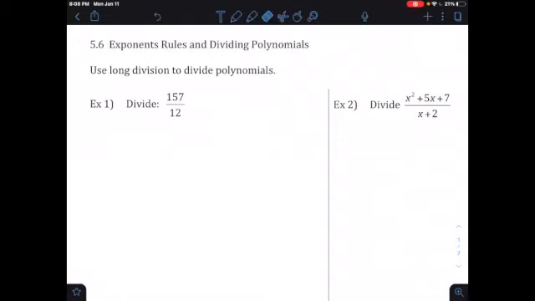Alright, today's objective is using long division to divide polynomials. Last time we did just one term, so it's dividing by a monomial. Dividing by a polynomial is very similar, using long division. So the long division, if you put it in the long division form from a fraction, it's 157 will go